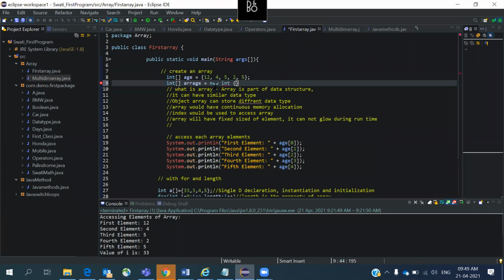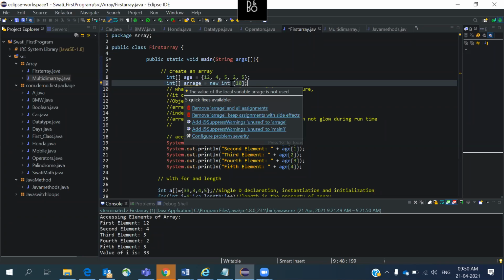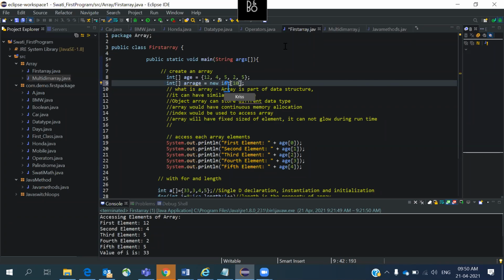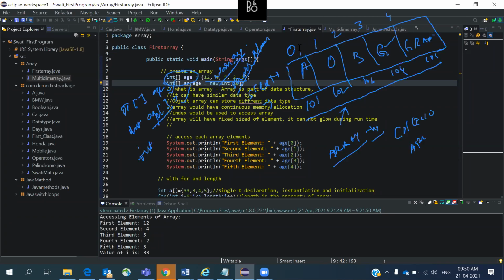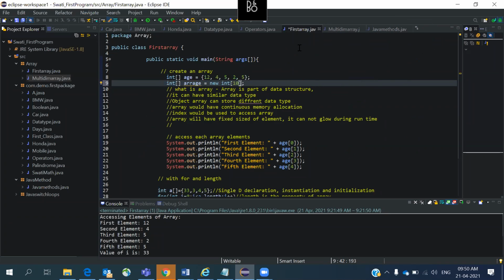There you'll define the size. Whatever size you want, give it as 10 for example, and the semicolon ends it. If you don't give this space, it will be accepted, it's not a problem, but still it's not good practice to give spaces there. Okay, so I'll just do that.